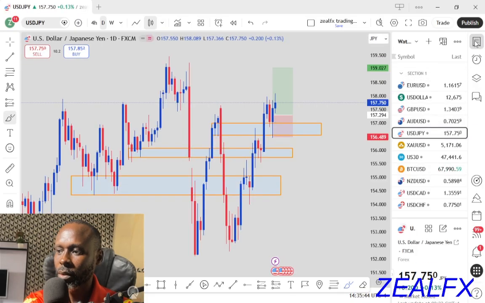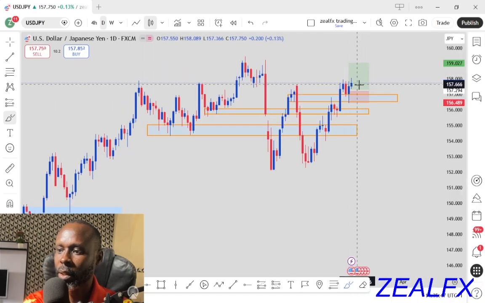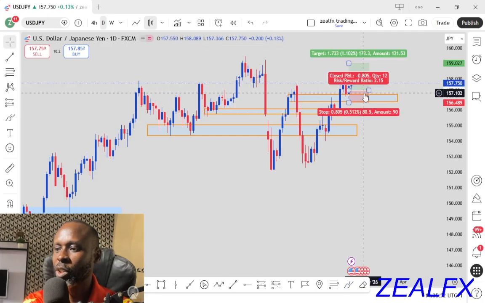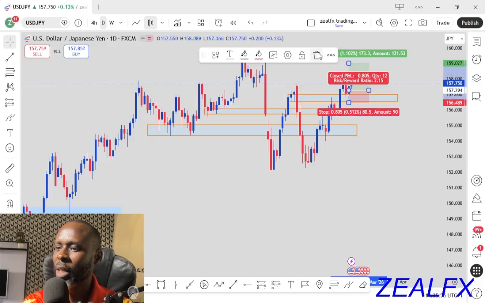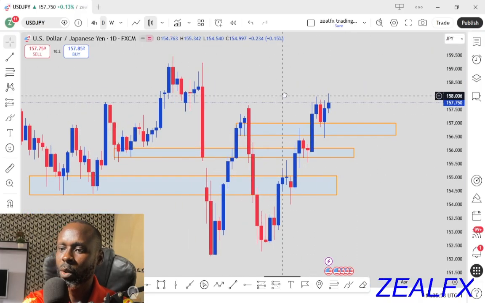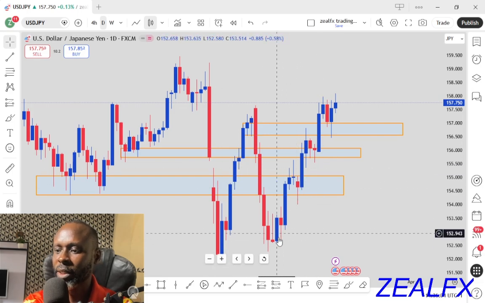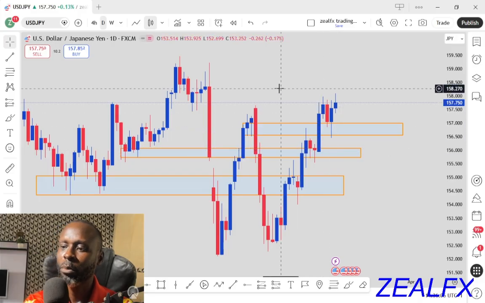USDJPY. On the USDJPY, we expect more bullish trend. Why do we expect more bullish trend on the USDJPY? You can see from my daily chart, price is still creating a series of higher lows. So long as price is still creating a series of higher lows, it's an indication of more bullish opportunity on the USDJPY. We can't just make a decision to say we want to sell USDJPY now. If you are making a decision to sell JPY now, it will be a wrong decision. So long as we have this series of higher lows, our job is to look for more of the buying